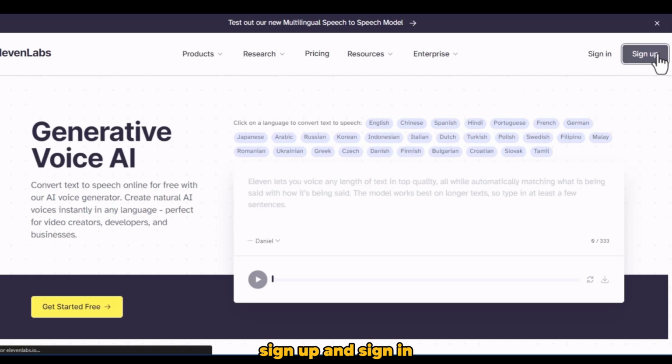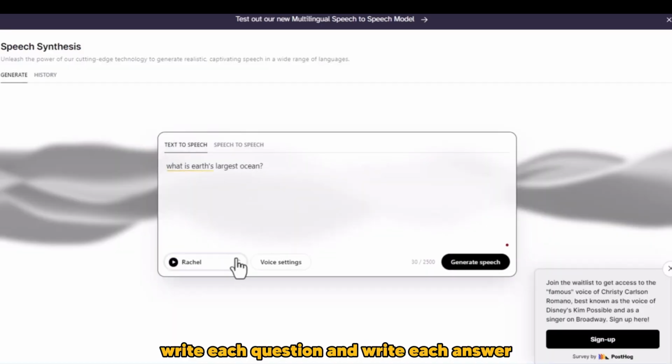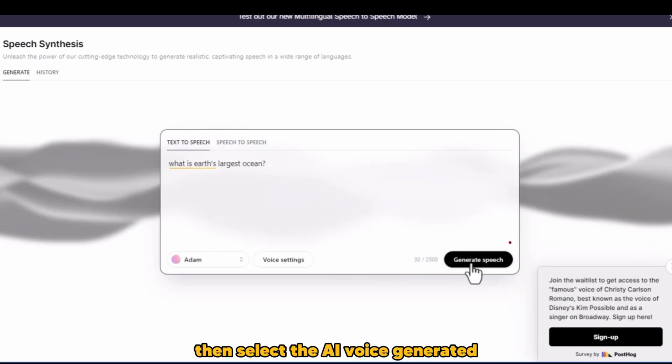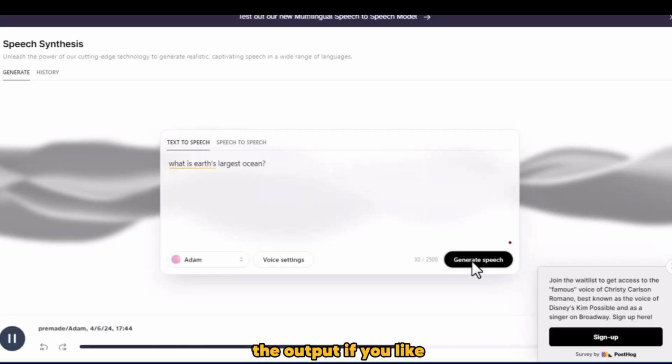Sign up and sign in. Write each question and write each answer. Then select the AI voice, generate it. Now you can listen to the output if you like. If you don't like the voice, you can always change the voice to a male or female, or a different voice with different tones,